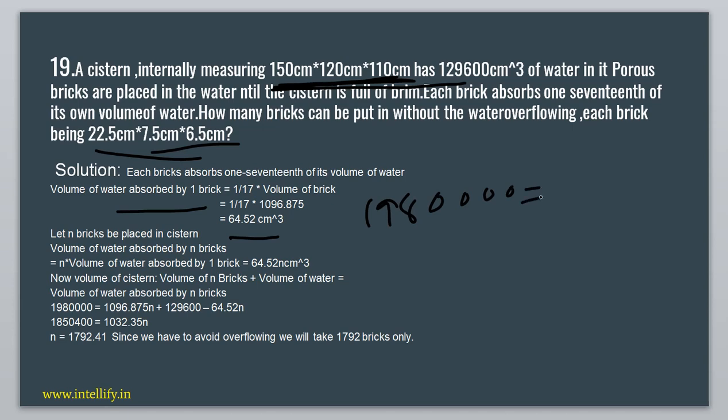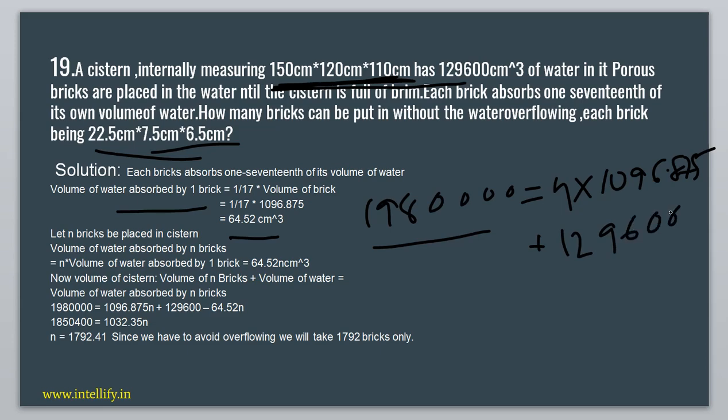This will be equal to the total volume of bricks plus water. Since we have kept the bricks inside the cistern, this will be equal to the volume of the n bricks which we have put in the cistern, so n into the volume of one brick, 1096.875, plus the water which has already been put,